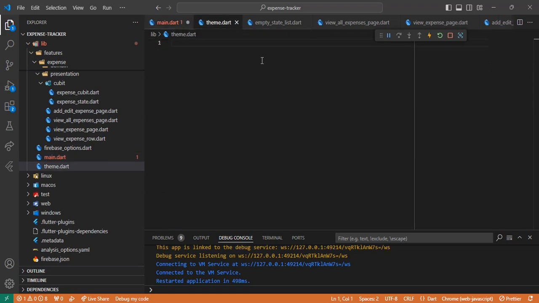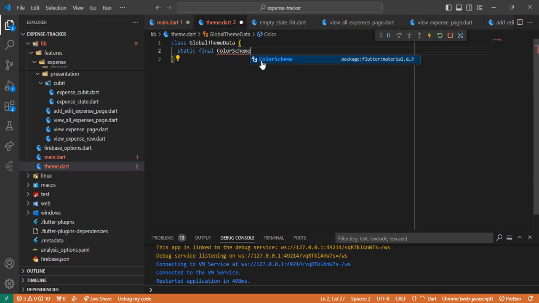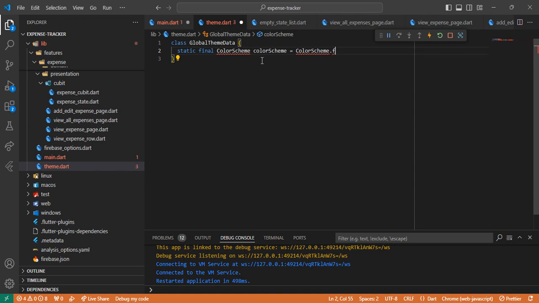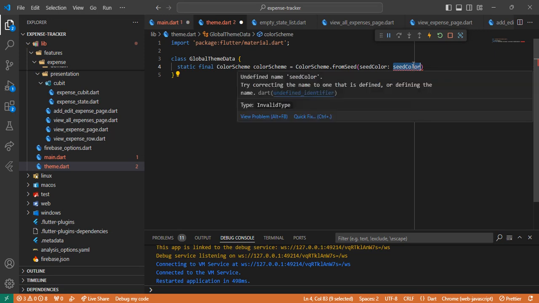Later you'll see what I mean, but we're going to create a class, GlobalThemeData, and this class contains the following: static final ColorScheme, and then we're going to create a color scheme. I need to import this, and then we will call the fromSeed so that this will generate